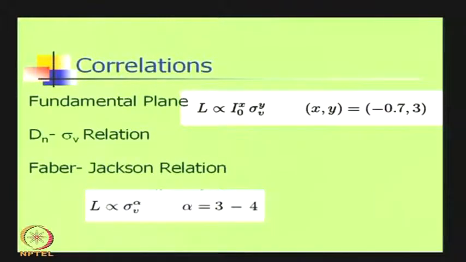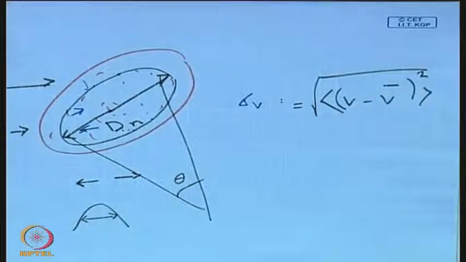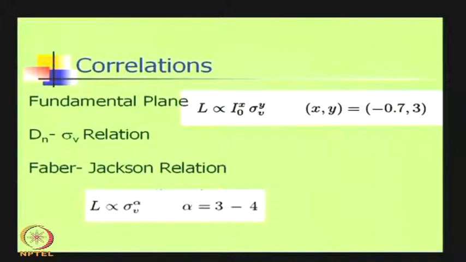Further, there is another possibility which is called the Faber-Jackson relation. This relation relates the luminosity to the central velocity dispersion. So, these are all empirical findings. Some of these can be justified. There is a physical basis for some of these, based on the virial theorem, because we know that the galaxy is in equilibrium. So, the kinetic energy and the gravitational potential energy are related, one is half of the other.